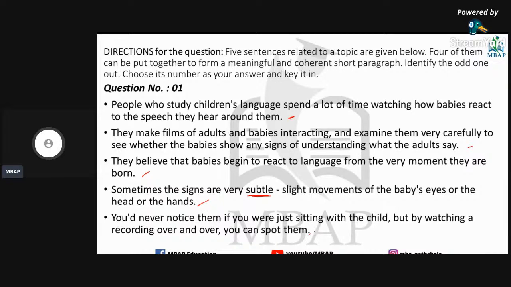And the fifth sentence is: you would never notice them if you were just sitting with the child, but by watching a recording over and over, you can spot them. Okay, so